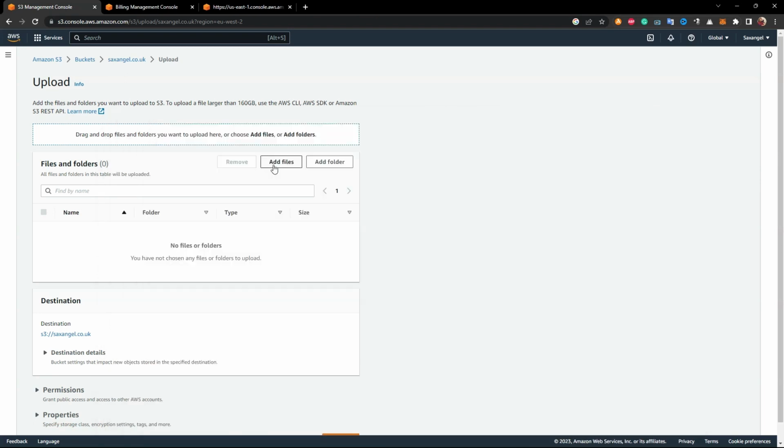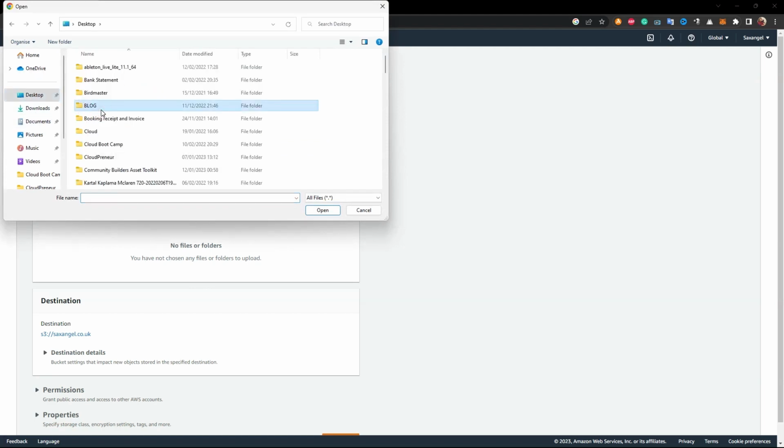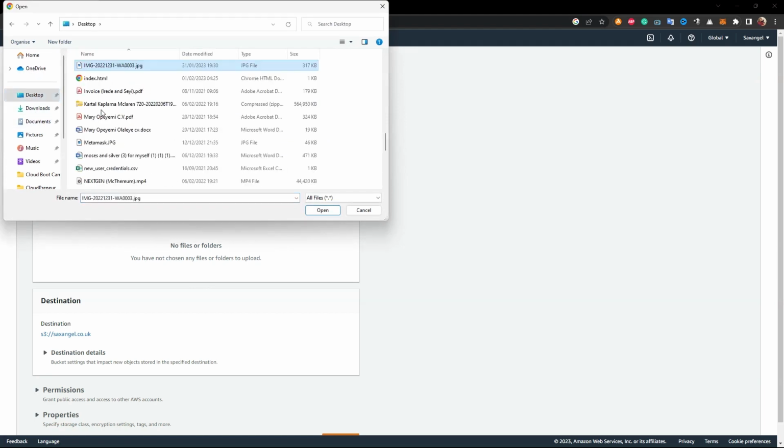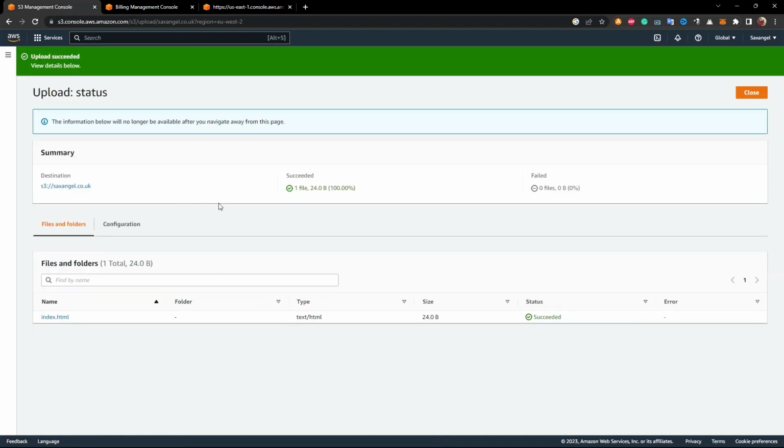So you save that, and boom, go back to your S3 bucket and upload this HTML file into your S3 bucket. So from your S3 bucket, now you need to do two more things to make sure that this website can be accessed from the internet. So you click